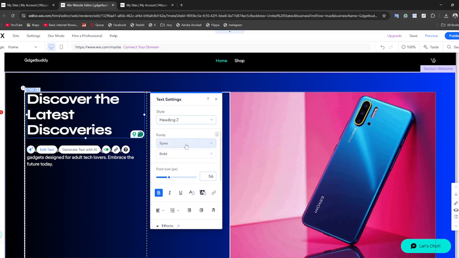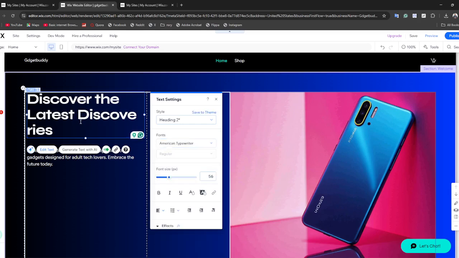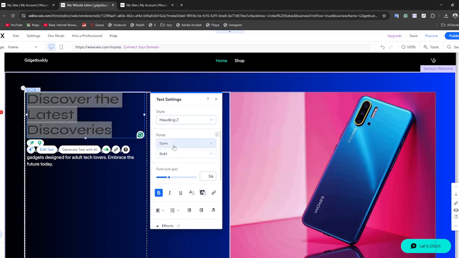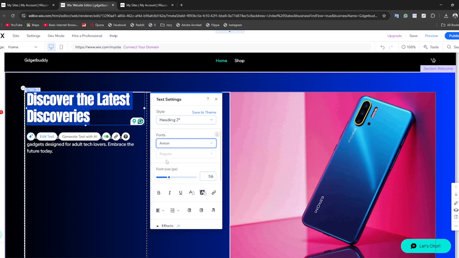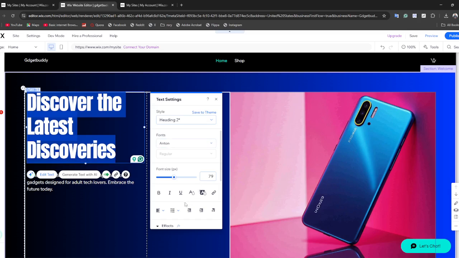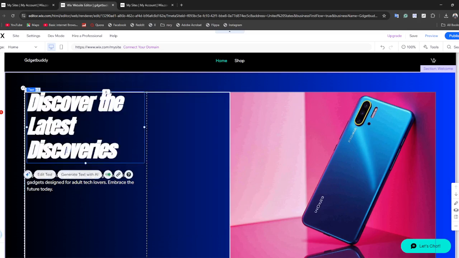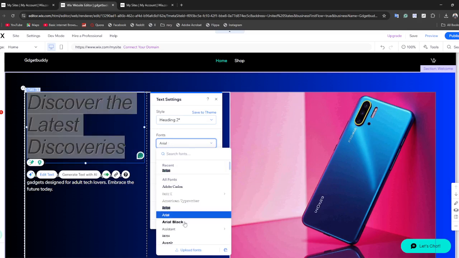Now let's say you want to change the font. You can change the font according to your need. Okay, now let me choose the whole text. Now let's say you want to change the font, then you can change the font according to your need very perfectly. Now you can change its size. You can make it bold, italic if you wish to. Now let's say you want to change the text more, like